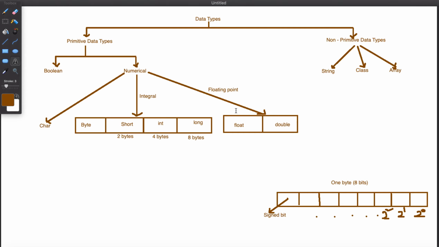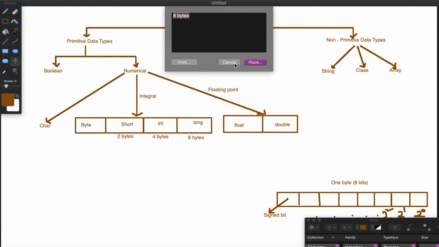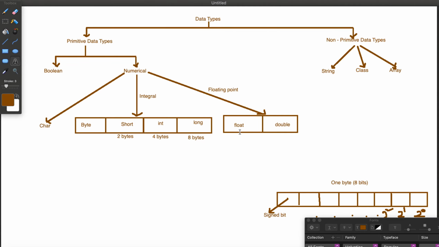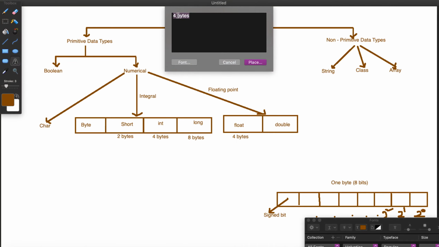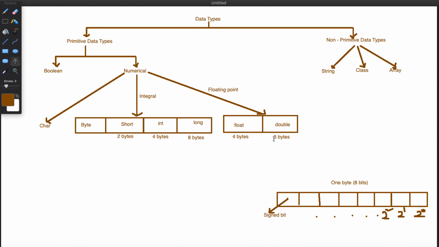In Java, float holds 4 bytes of data, whereas double takes 8 bytes. The difference between float and double is how many fractional digits we can have. Both can have fractional numbers.